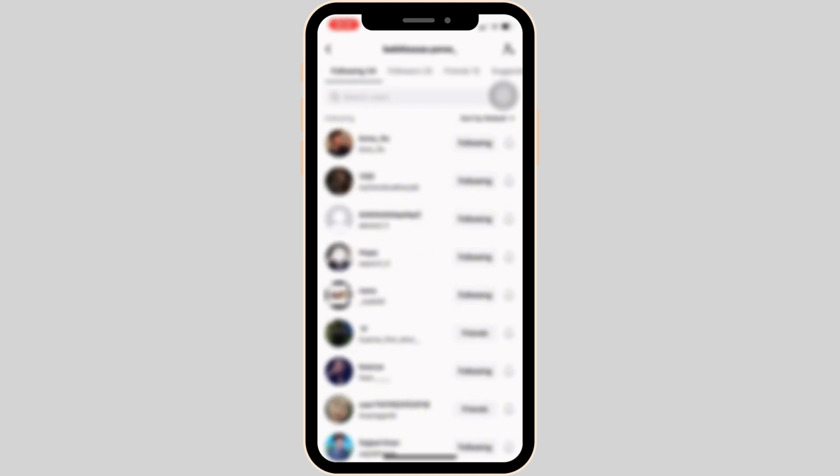So these are the people that you follow on TikTok. But in here, you should know that there is no option or feature where you are able to unfollow everyone on TikTok at once. You have to unfollow manually in order to do so. But if you have lots of followers and it's hard for you to unfollow one by one, then what you want to do is